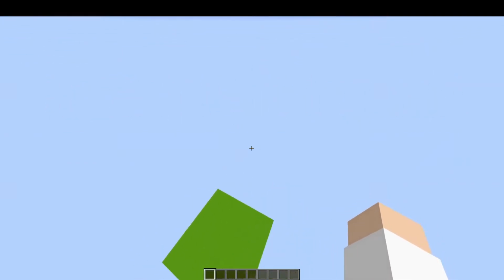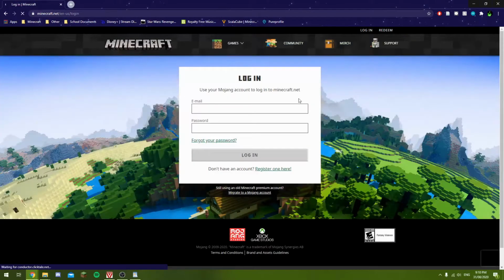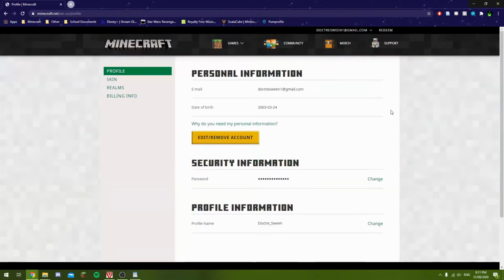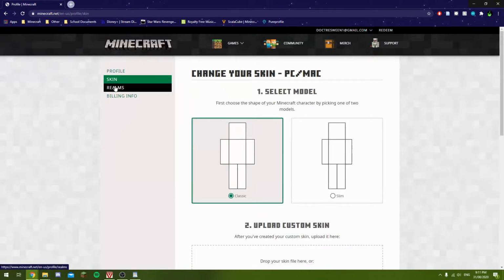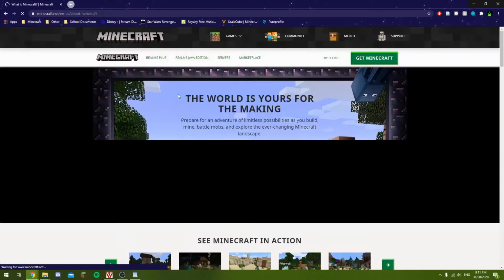The first thing you want to do when getting Minecraft is, of course, log into the Minecraft website. So you'll do that here, and it'll take you to a login page. When you're in the login page, you're on your profile, and then you can have a look at your skins, your realms, your building info, and also the games that you've got. So you'll want to go to Minecraft,